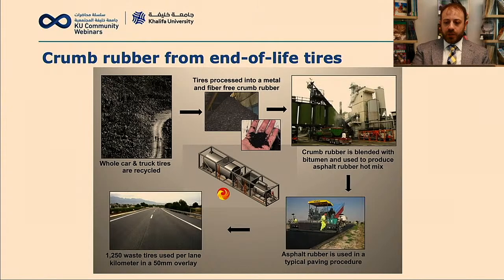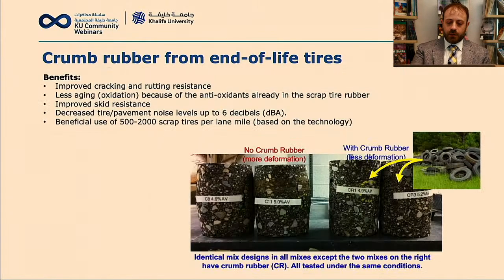And people around the world have been sharing benefits due to this type of material included in hot mix asphalt. A few benefits are listed here in this slide. It seems that by using crumb rubber we can improve the cracking and rutting resistance of our mixture, and to explain how, for example, the rutting, the permanent deformation of a mixture can be improved, I put here